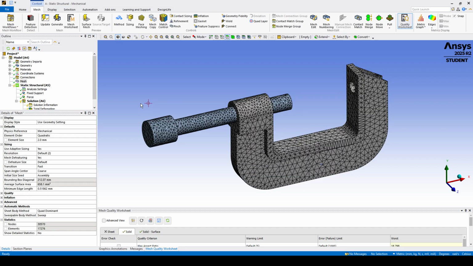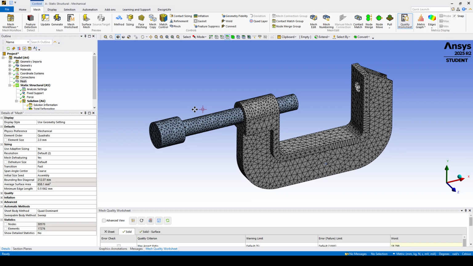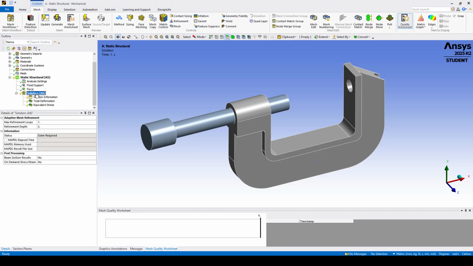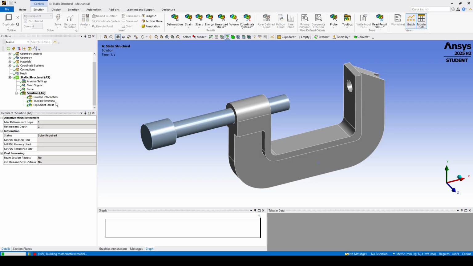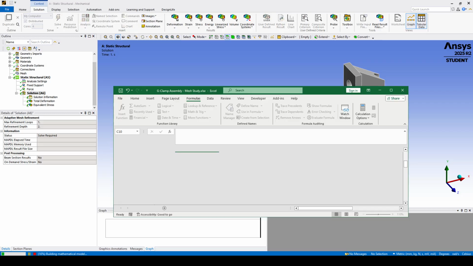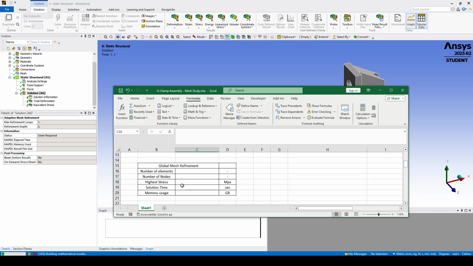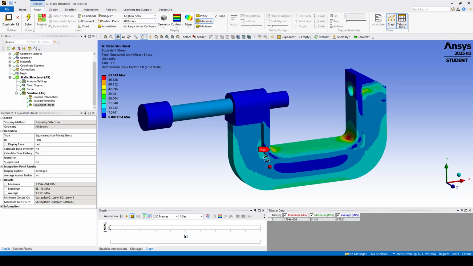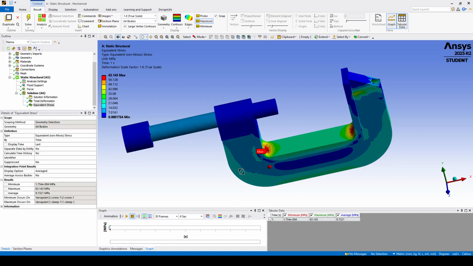Let's see together, and as you can see the mesh is way finer than before, and we are now ready to solve the model. And we should now insert the new results. What I need from the solution here is actually seeing the equivalent stress, how much it is. So it's done. And the equivalent stress, as you can see, is still in the same locations as we expected before,